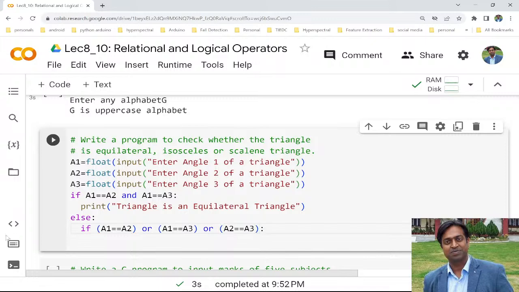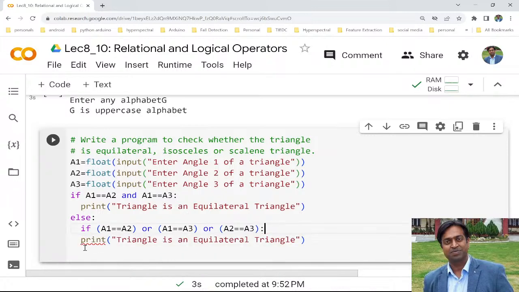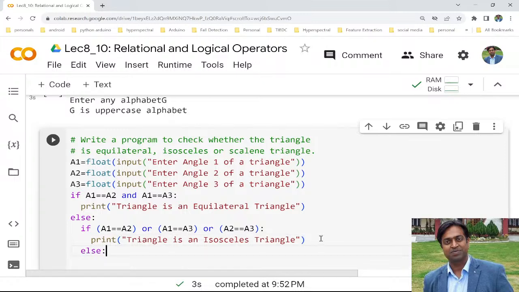Here I am checking if any 2 angles are equal, so I connect it with OR, so that if any of these 3 conditions is true, then I will display that the triangle is an isosceles triangle, right? And if this condition is also false, then it means that the triangle is a scalene